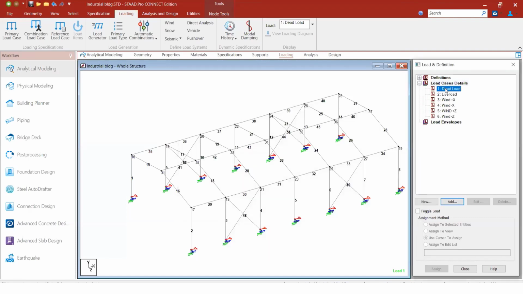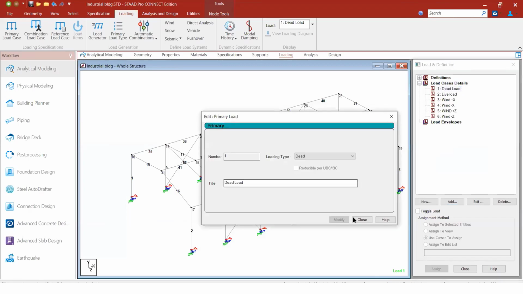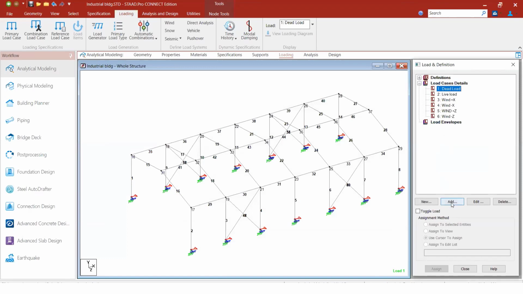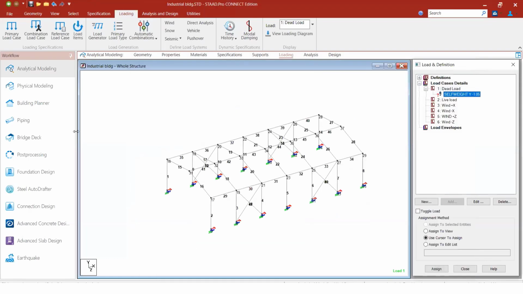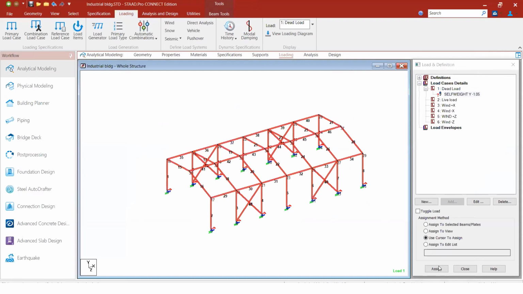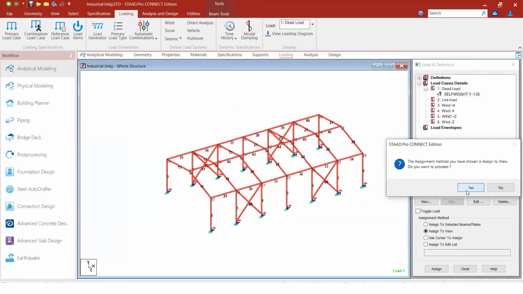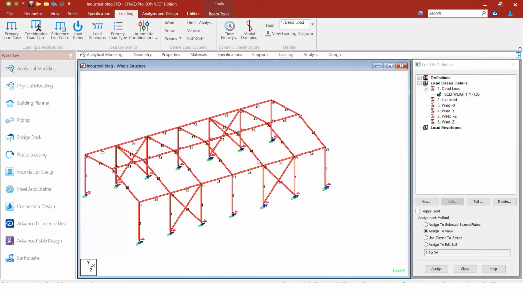Okay. So once you have created the frame, normal frame, then you just click on the dead load and keep the cursor on dead and give an add. So that here the self load already displays, right? Normally it's y minus 1. Since we have a steel structure, we consider the bolts and nuts. I'm just giving minus 1.05 and give an add. So that is created. For self load, you have to click on the whole model, or you can select assign to view and assign it. So the whole model has the self load considered.